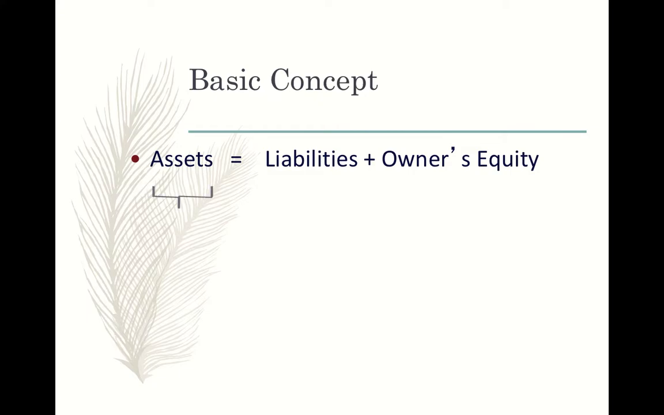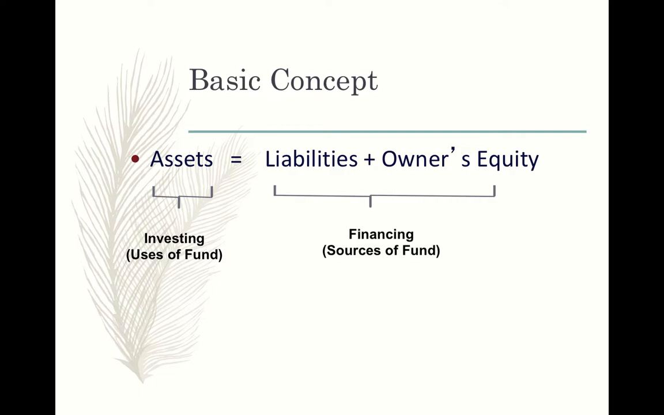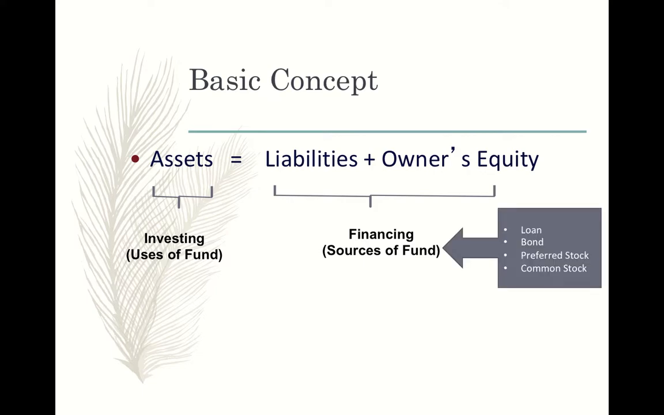And you know, in finance, the left hand side, that is assets, are known as investing of fund or uses of fund. On the other hand, the right hand side, that is liabilities and owner's equity, are known as financing or sources of fund. There can be various sources of fund. One can finance the purchase of assets by taking a loan or by issuing bonds or issuing preferred stock or common stock, and the first two are debt instruments, and preferred stock and common stock are equity instruments